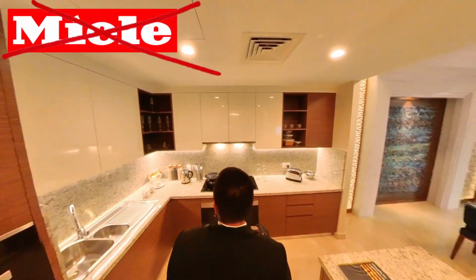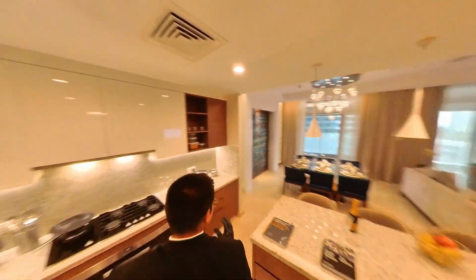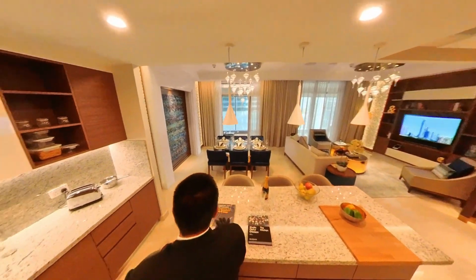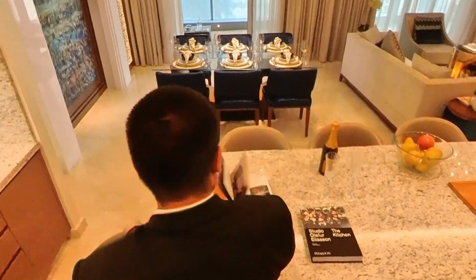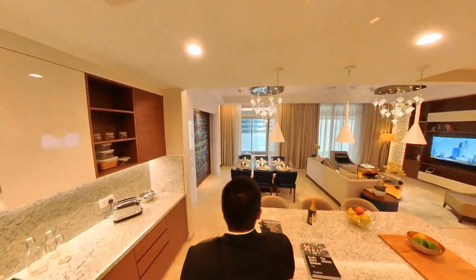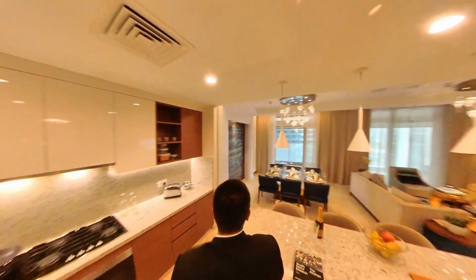However, the developer of Imperial Avenue has decided to upgrade their entire range of appliances to a brand called Bertazzoni. I'm looking at the catalog right here in front of me, flipping through it, but you guys can look them up online. Italian, high-end, and the real deal. All right,